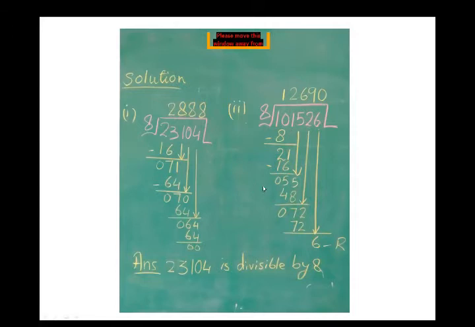Most of the students ask me which method we did in homework. So you only check which number is divisible by 4, 8 and so on. I'll just give you this method for your explanation. You don't have to do this method in your copy. You only check the divisibility of a number.